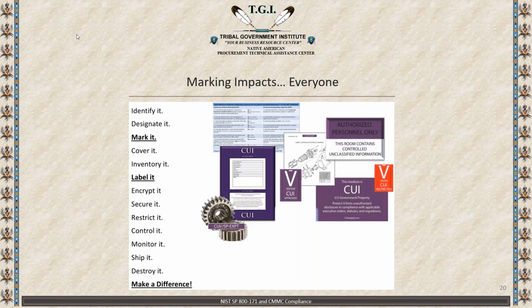When CUI information is shared electronically, the data must be encrypted. There's no other way around it. All of this has to be monitored. You'll have to monitor who enters the facility and know who is in the workspaces to determine whether only the people that have access to CUI are accessing CUI.